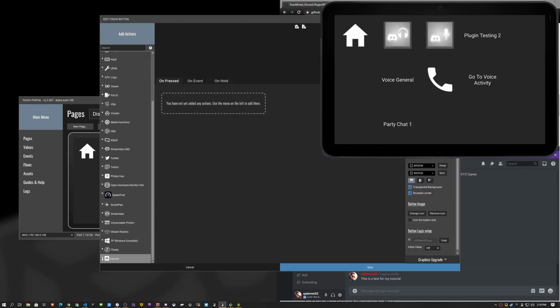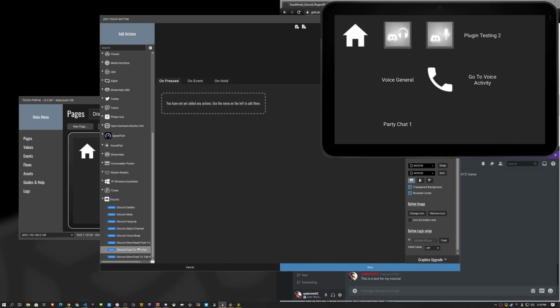Next thing you can do is set up your push to talk button. In case, for whatever reason, you have multiple games that you need to use push to talk in, and certain games need certain key combinations based on maybe the in-game keyboard controls, what you need to do is you say